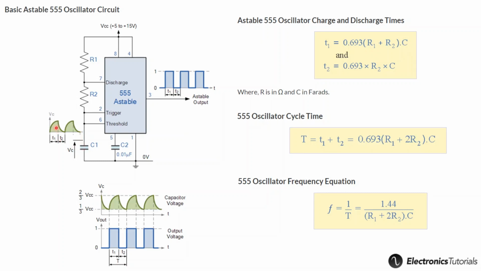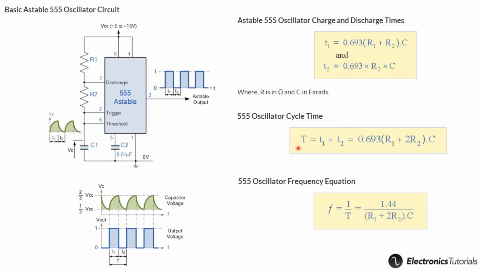And then once the capacitor is charged, it will go from 1/3 of VCC to 2/3 of VCC. So we have a comparator inside this 555 IC. The comparator will start discharging the capacitor once it charges up to 2/3 of the total voltage, that is the VCC, and hence it gets discharged. While charging, it charges through R1 and R2, but while discharging, it discharges only through R2. That is why the discharge time T2 is equal to 0.693 into R2 into C.